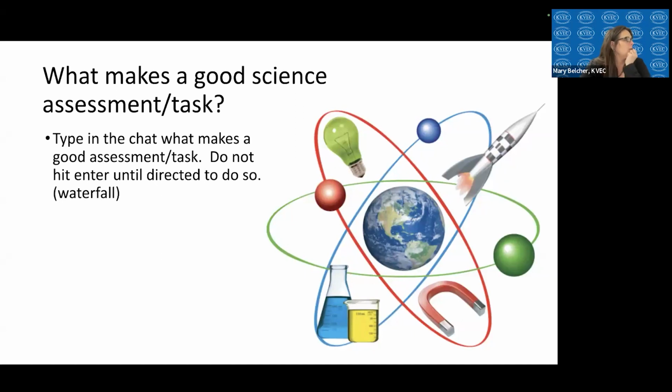Oh, wow, awesome job. Rigorous with clearly defined expectations. There you go. One that students have to apply what they know. Makes them provide evidence. That's great. Alignment to standards. Awesome. Assessing the ability to apply science content knowledge to real world example. Awesome. You all are spot on with a lot of the things that you all are dropping in the chat. Perfect. And several of you, thank you. Thank you for sharing